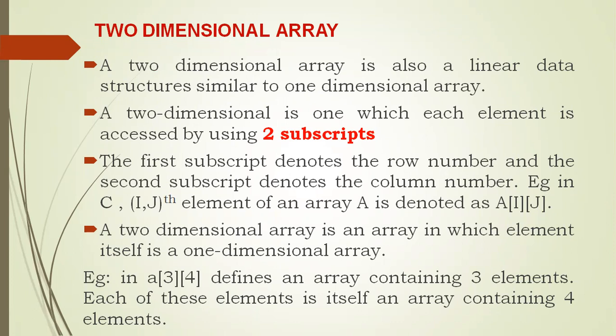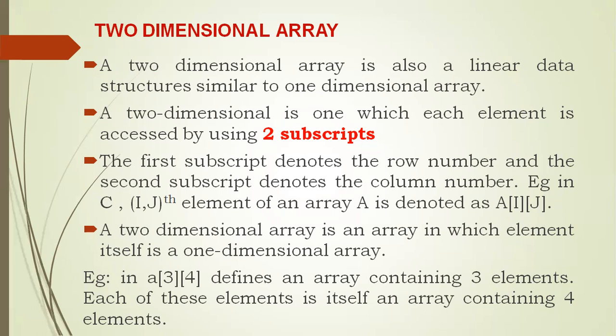We assume that a two-dimensional array is simply a matrix. That means a two-dimensional array has rows and columns. But in the computer memory, a two-dimensional array is not stored in a matrix format. Instead, a two-dimensional array is also stored as a one-dimensional array only. For example, if your array size is A of 3, 4, how many rows are there? 3 rows are there. And how many columns? 4 columns are there. In that case, altogether, how many elements are there? 12 elements, because there are 3 rows and each row has 4 elements. Means the first row has 4 elements, the second row has 4 elements, the third row has 4 elements. Altogether it becomes 12 elements.